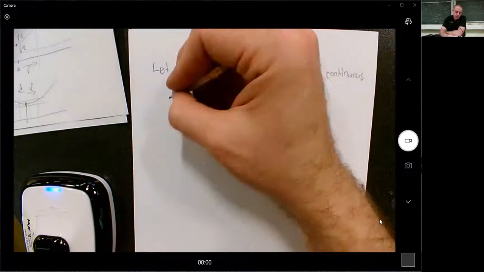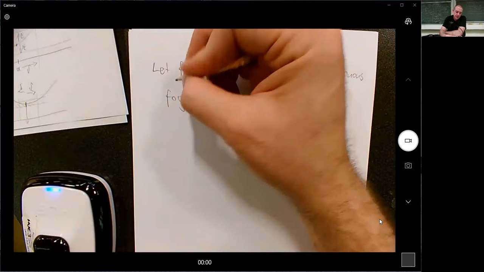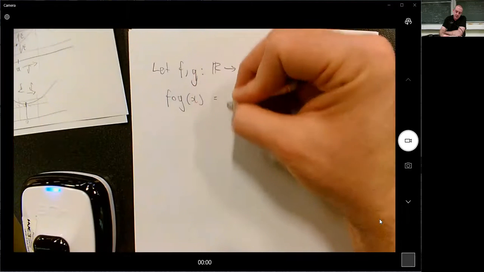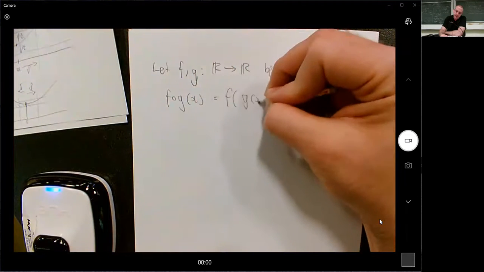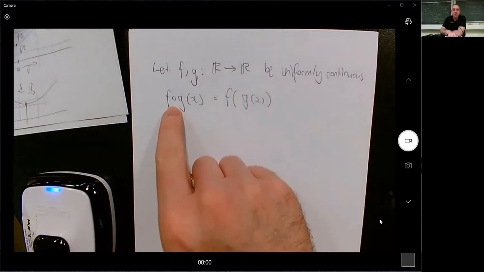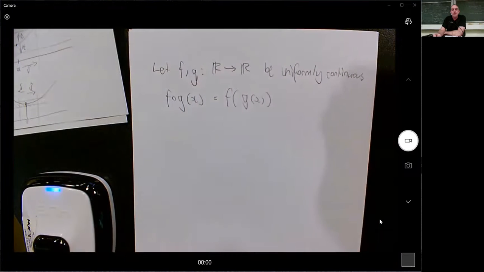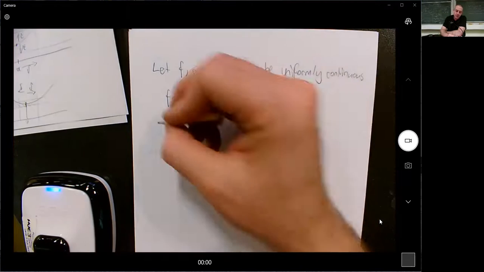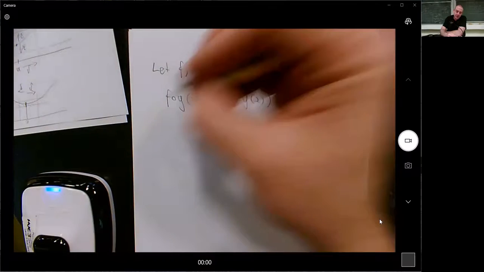And so we know that f of g of x is f of g of x. We know this to be true. That's what this symbol means. Interesting. So to show that it's uniformly continuous, we would have to say,